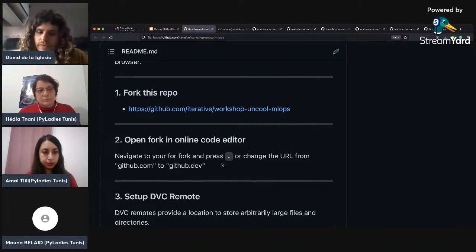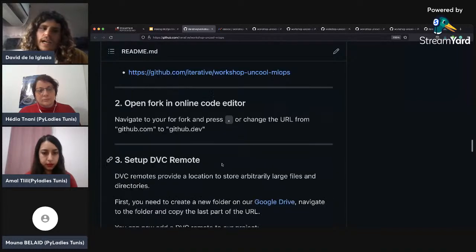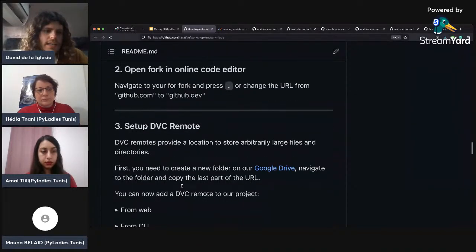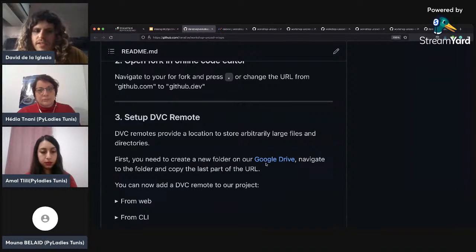So DVC extends the capabilities of Git and GitHub by providing what is called a DVC Remote. DVC Remotes allow you to store arbitrarily large artifacts like models or data sets, and you can use as remote storage basically any cloud provider. These DVC remotes work the same for any cloud, so we can say that it's cloud agnostic. In this case, I chose to use Google Drive because it's easier to set up, and this is a very small data set and very small model,